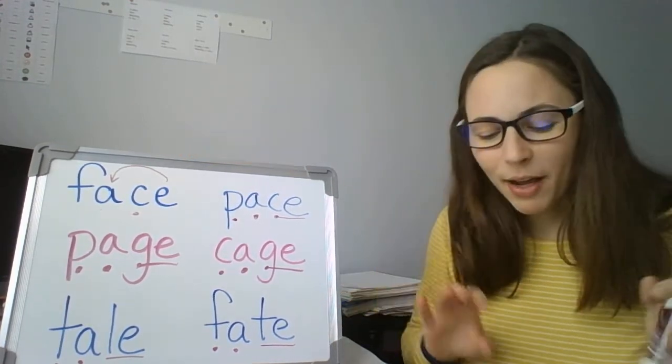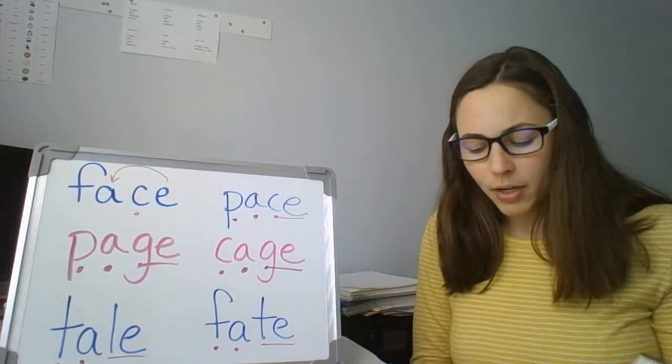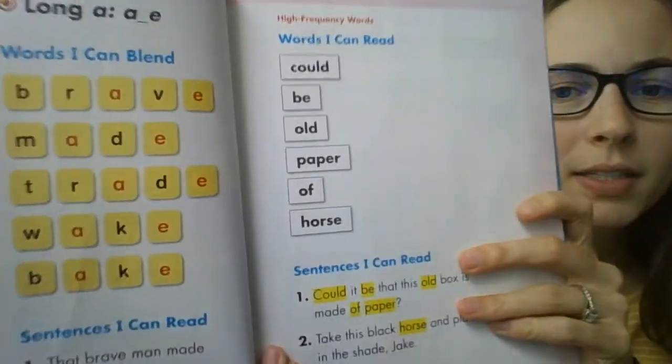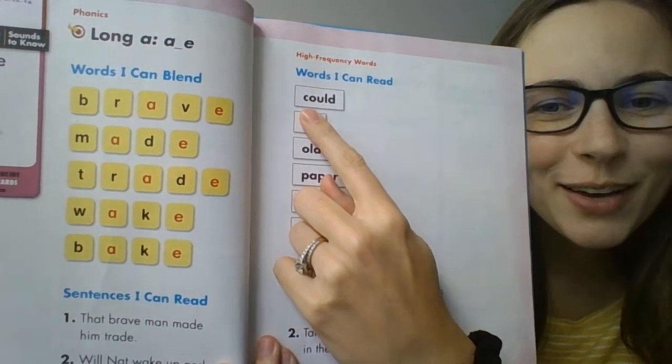Okay, now we also have some sight words this week, okay? And your sight words are on page 49 in your reading book. Now I want to take a peek at them quickly. Okay, so take a look. We have this word, could. Can you say the word? We have could,